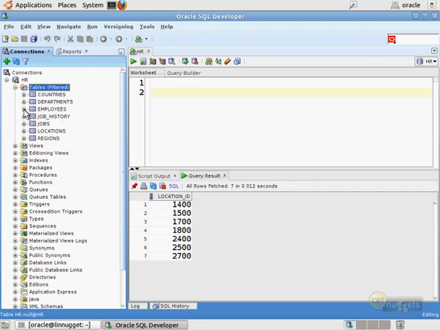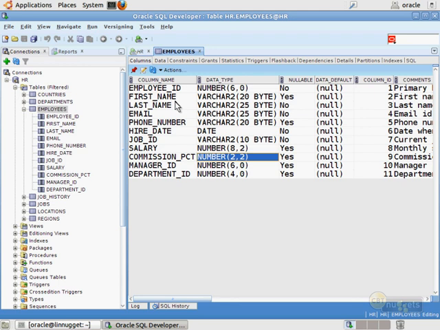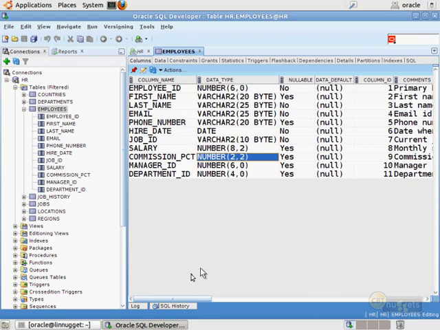So check this out. You can expand these tables and it'll show you each of the column values. If you select the table on the right, this is the equivalent of the describe command, gives lots of information, including comments, which is a really nice way to document your table. It's harder to do that in SQL Plus. You can certainly add comments during your DDL statements there, but it's a lot easier to do that from within